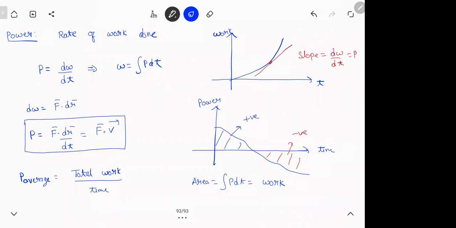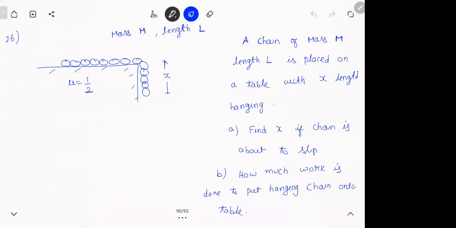Next, let's say a question on this. We have force is 3i minus j plus 4k. The velocity is given by 2i plus 2j minus 2k. Find the power. Simple question, straightforward. This is a CET level and NEET level question. They'll give you force and velocity, and they'll ask you the power.